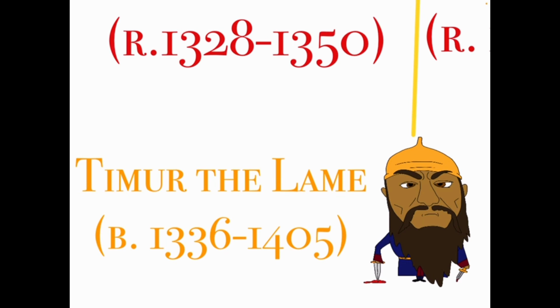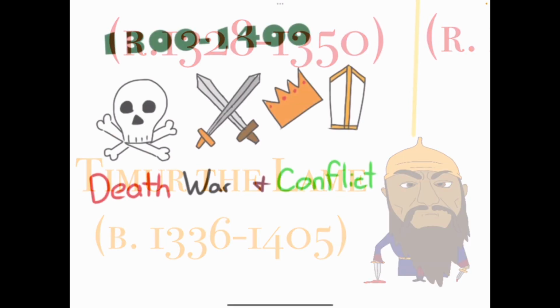He was Turco-Mongol. He believed himself to be a descendant of Attila the Hun. I always get those two mixed up. He created what is called the Timurid Empire. His name was Timur the Lame. He was born in 1336 and died in 1405. He was a conqueror and a bloodthirsty murderer who built his kingdom on murdering people and taking their land and their goods and their people.